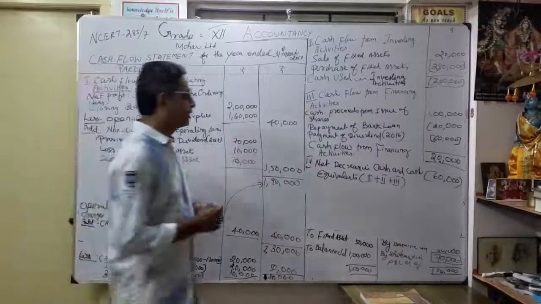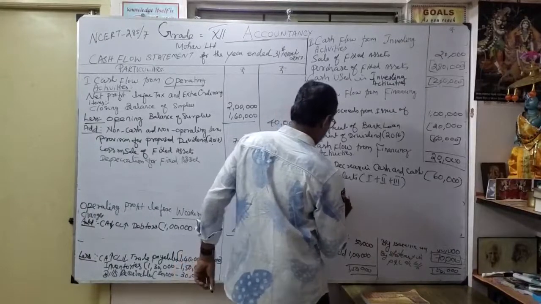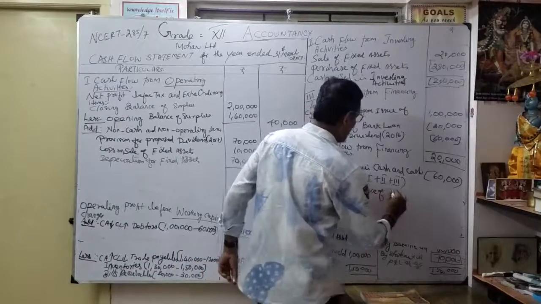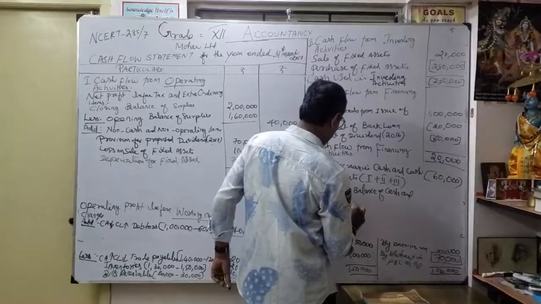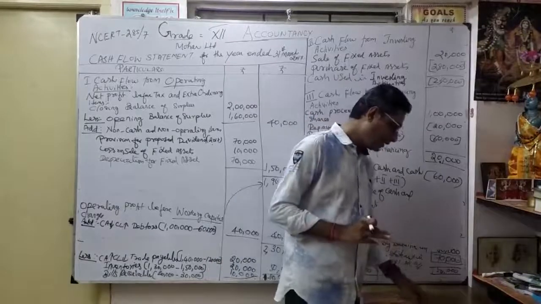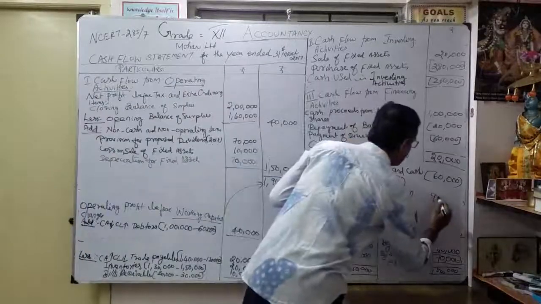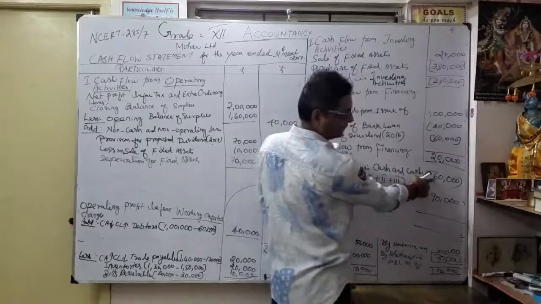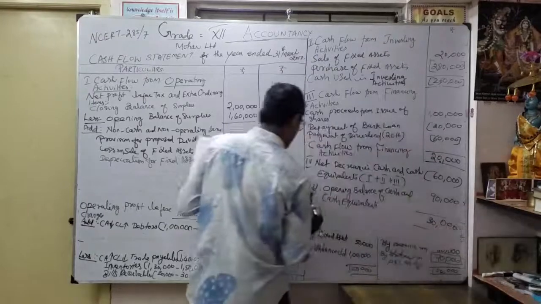Okay, so now here, what's your next one? Add opening balance of cash and cash equivalents. How much? See in our book, how much have they given? Opening cash, they gave 90,000. Okay, 90,000. So what is our closing cash? Naturally, this is the negative figure, outflow. So 90,000, so 30,000 is in our hand.